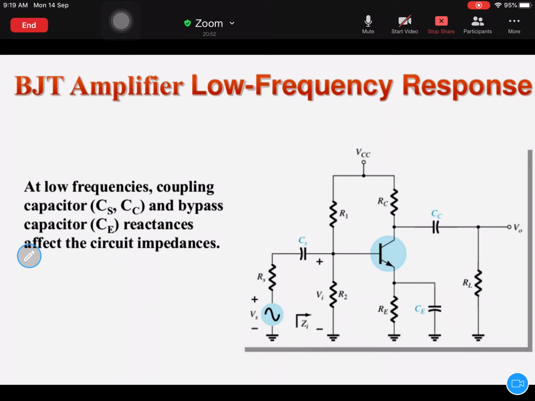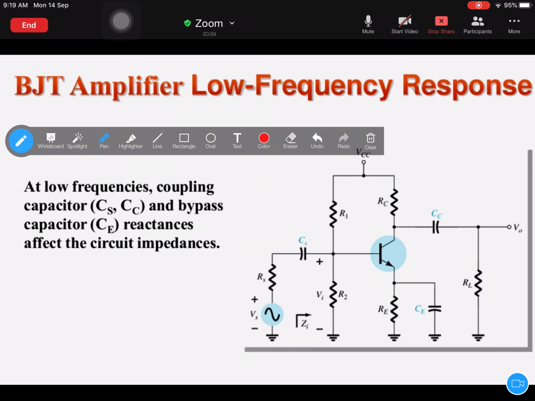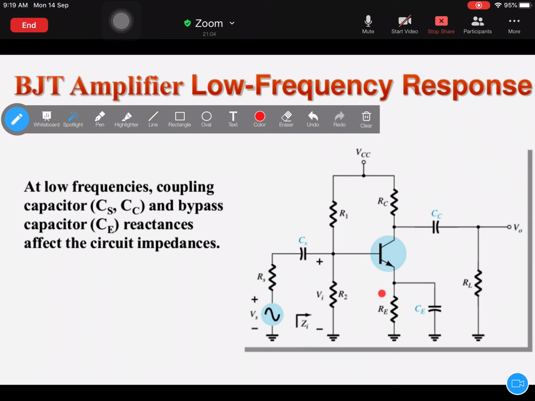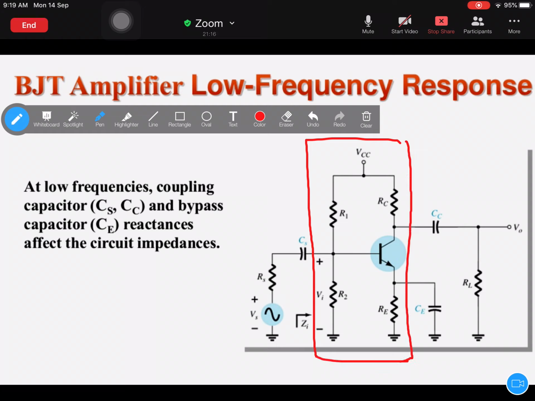So the circuit will look like this for the common emitter amplifier. This is the common emitter amplifier circuit. If you are considering the low frequency response, this is nothing but the common emitter configuration amplifier circuit with a voltage divider bias circuit, the stabilization technique of voltage divider. This I explained in the first unit. This circuit is that.